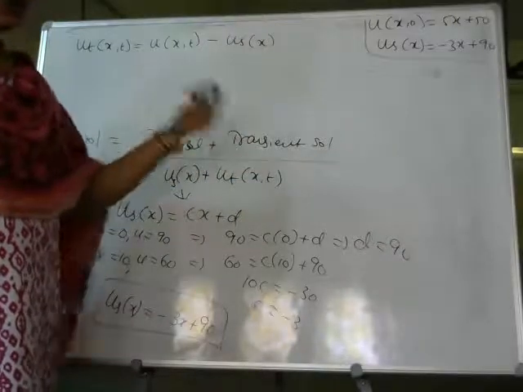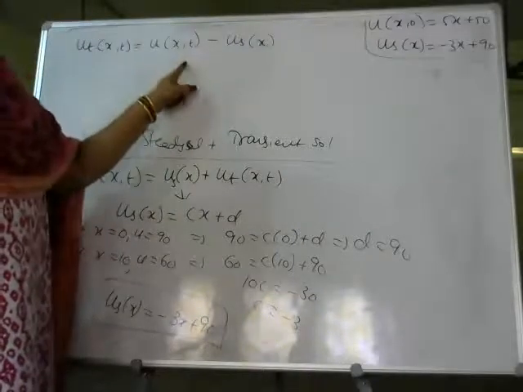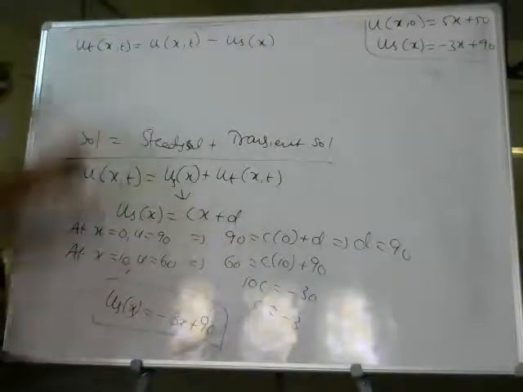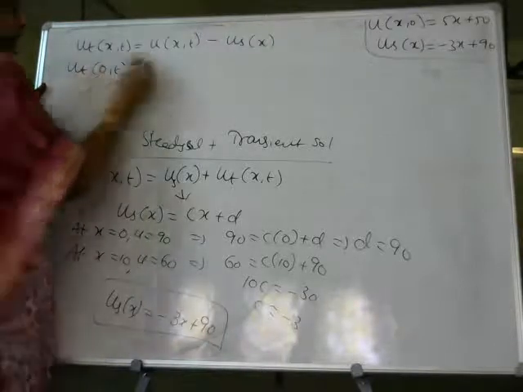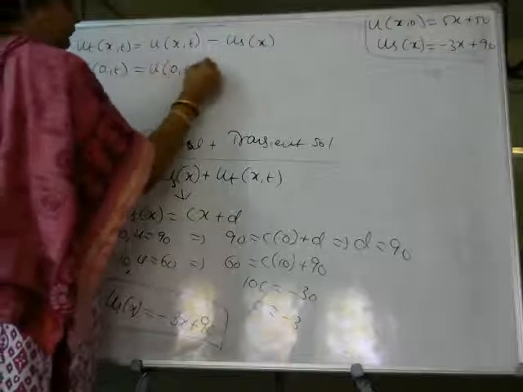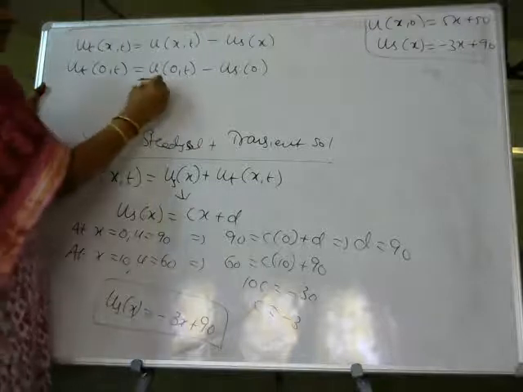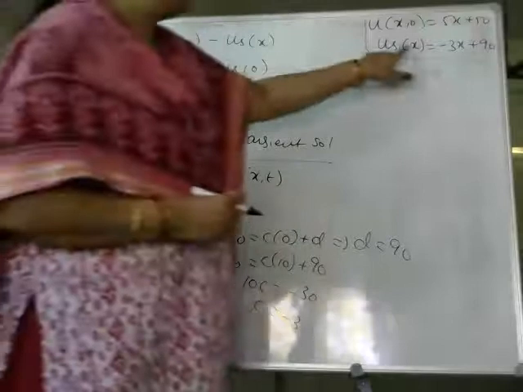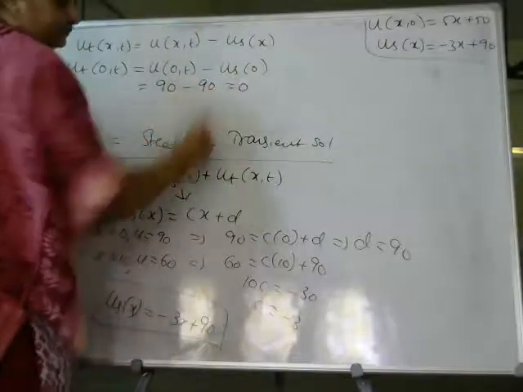So to make the boundary condition zeros, we have written the value of ut in this solution. Now we see what are these conditions for x is equal to 0 and x is equal to 10. So ut at 0 comma t, x is equal to 0, one end we are taking. What will be u at 0 t minus us at 0? What is the value of u at 0 t given after changing the temperature is 90? us at 0, we'll substitute x is equal to 0 over here. So x is equal to 0 implies us at 0 is 90. So the value is equal to 0.